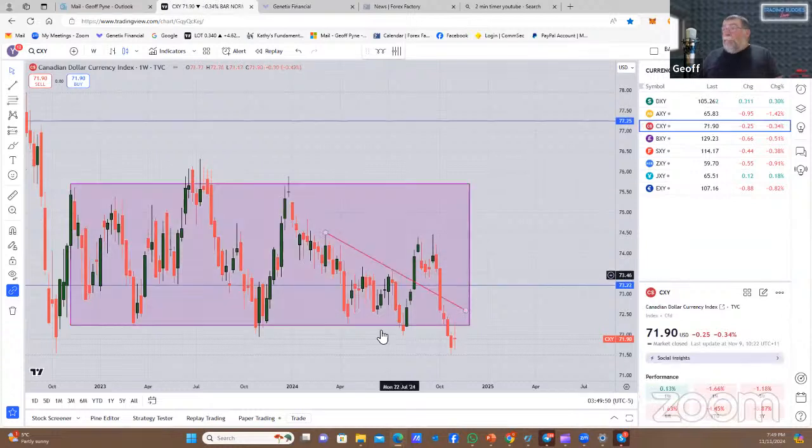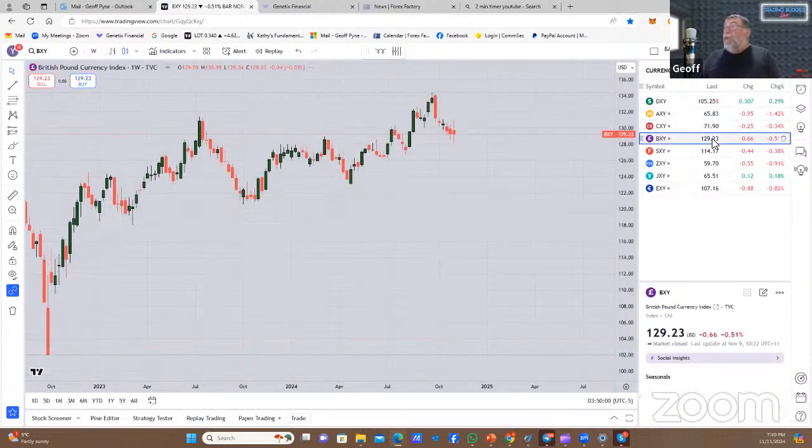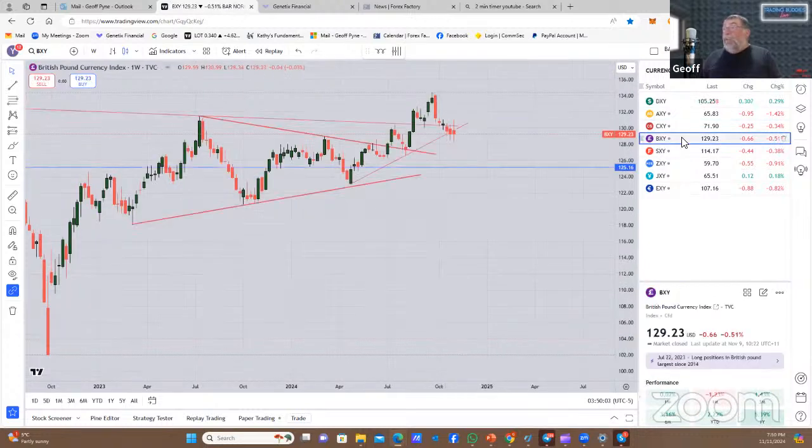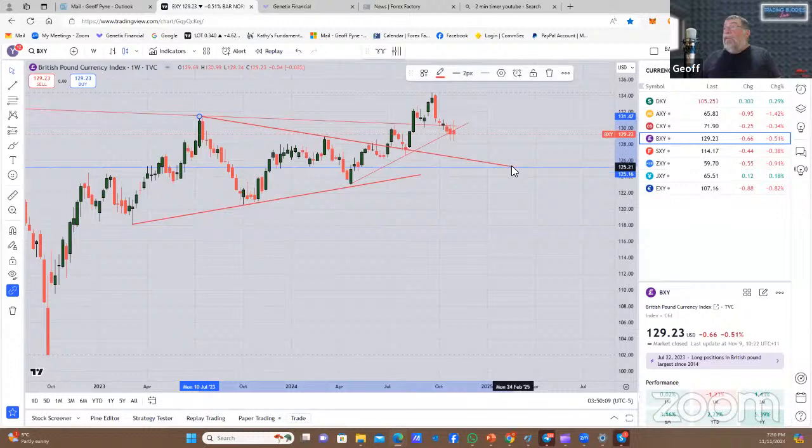Canadian dollar did retest the breakout level of this consolidation area. Perfect doji, almost impossible to say where it's going in my technical world. The pound closed underneath this support trade line. I'm probably thinking that it's got more to go, more downside for the pound. Swissy,